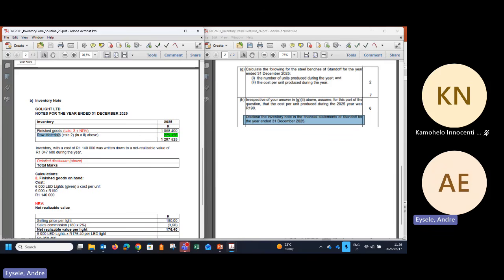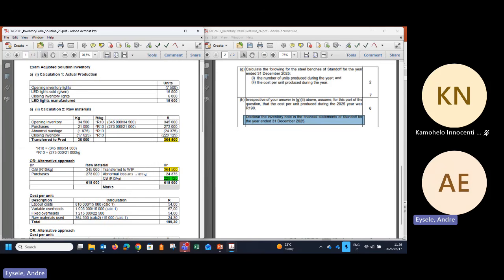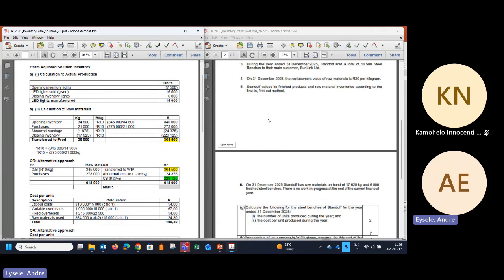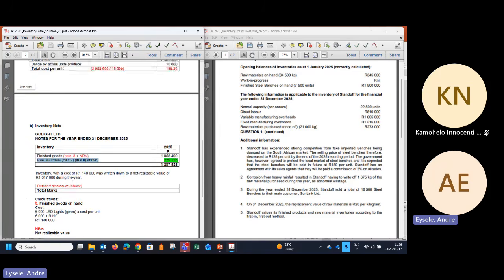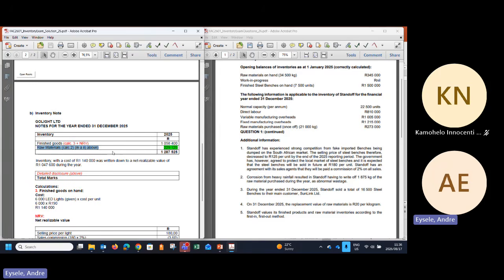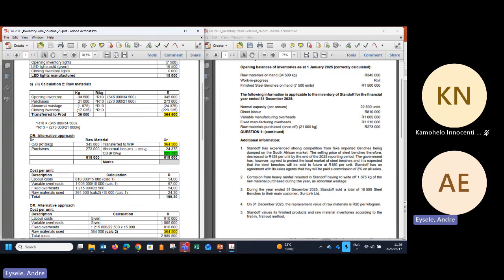As well as raw materials. Remember, they said there is no WIP. The question says the WIP is 0. Currently there is no WIP, but your raw materials calculated in 2 above, which is 229. Remember, that's the finished goods items. That's the closing stock value.